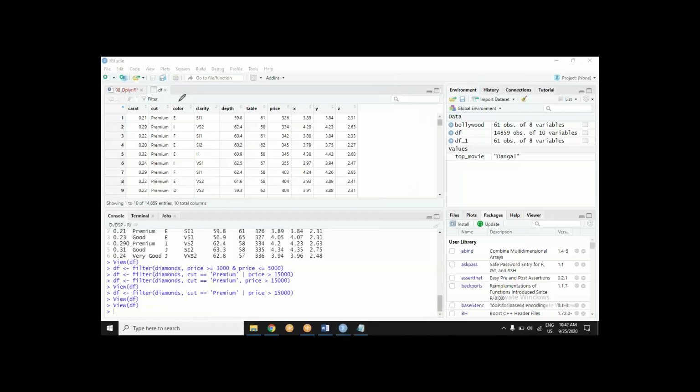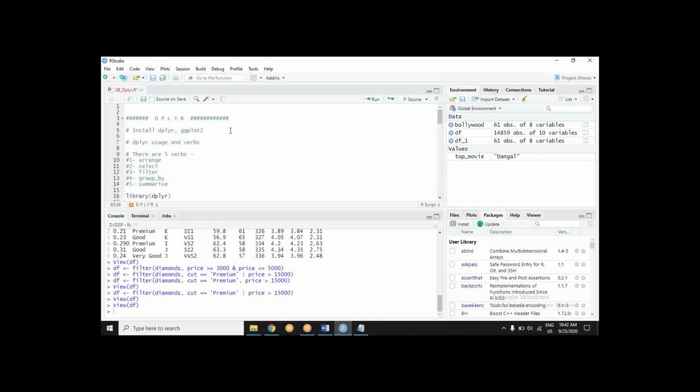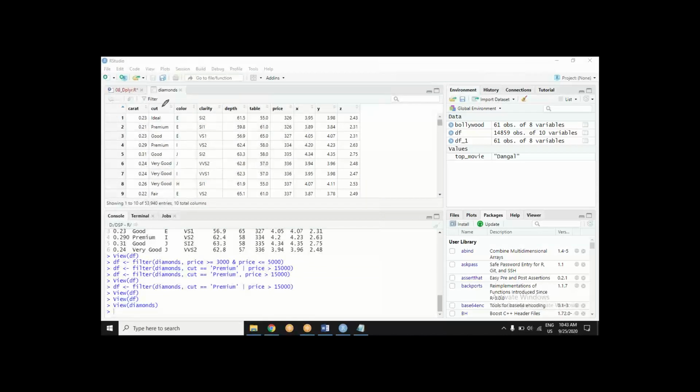Suppose there are several diamonds in this diamond data set, and there is cut quality. Something similar happened in SQL. Remember, if I group by cut to see some summarized number, a summary which is essentially a number. So that's where the group by and summarize utilities come in.